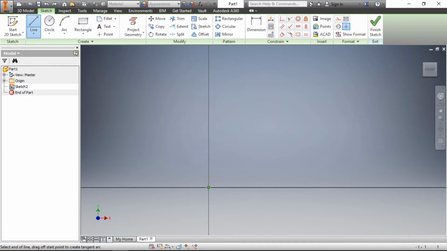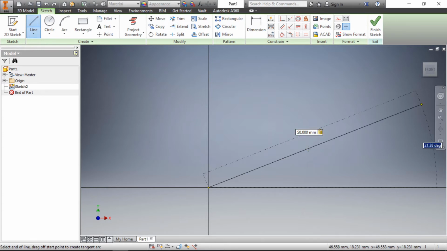Select, and then select another endpoint. If I move the cursor to the right side, then one window will be highlighted in blue color. It shows the dimension, the length of the line. If I want to give a length of 50 mm, then write 50 and then press the tab button. Don't press enter, just press tab.